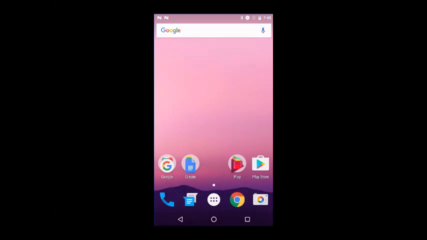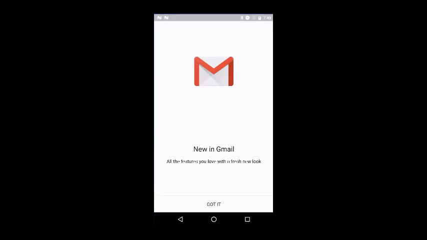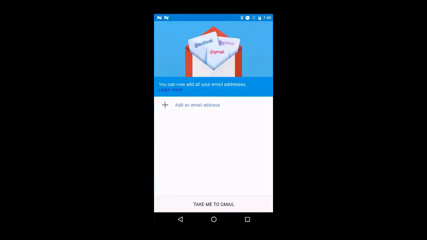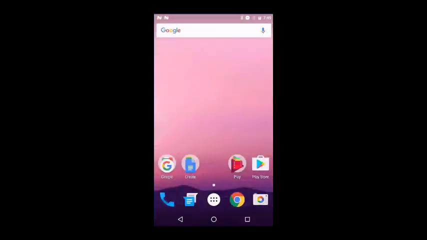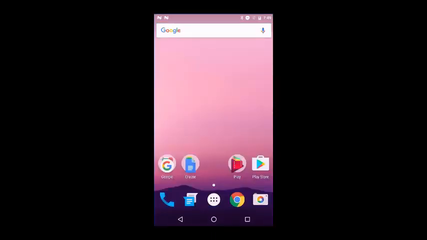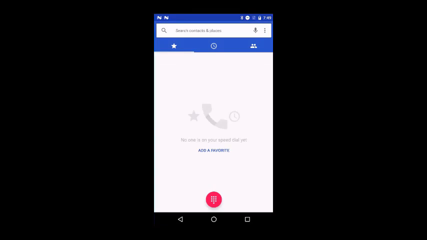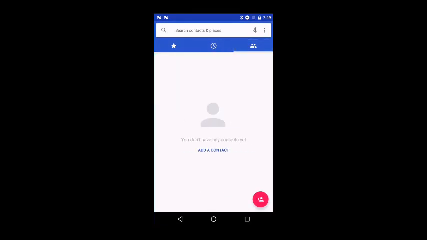This all looks good, but just to be sure, I'm going to try to click on Gmail and see if this phone can still check my emails. Nope, it doesn't have any emails associated with it yet. That's perfect. What about text messages? Those are all gone too. Excellent. I'm going to go to the telephone app, and it also has all the call history, all contacts are wiped clean as well. It's all looking very good.